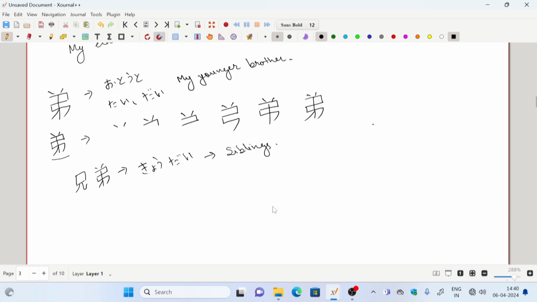Okay, so if someone asks you kyodai wa nannin imasu ka, nannin is for question. So kyodai wa nannin imasu ka, how many siblings do you have? So kyodai, you can write the kanji, kyodai wa